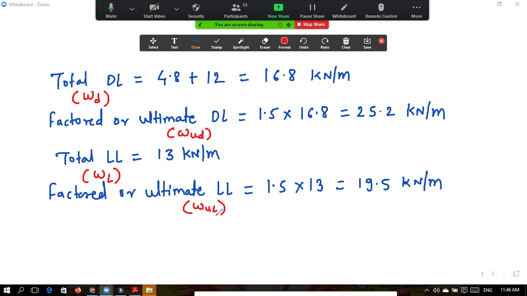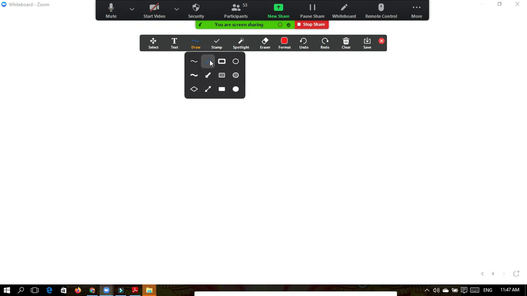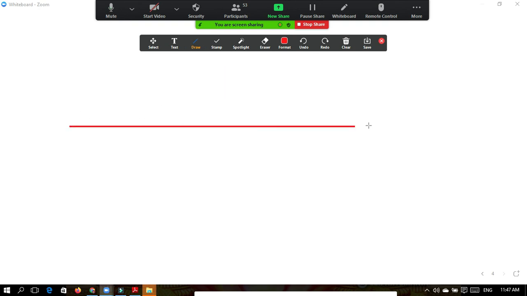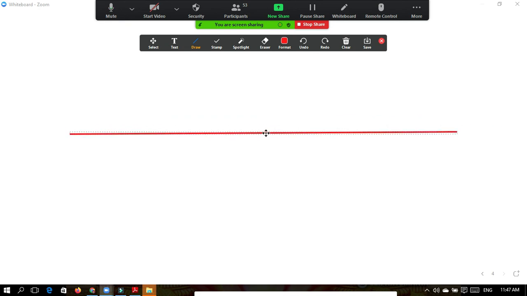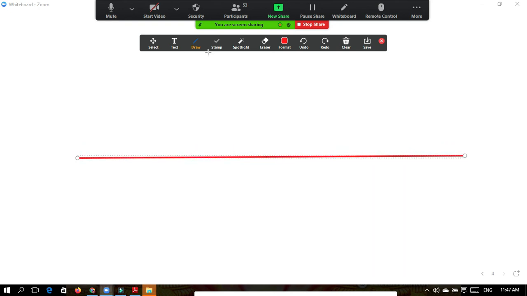From those tables we will get the bending moment coefficient, and we will multiply those coefficients by WL square. So we will get the bending moment. Now if I show you the diagram for this beam, if we draw the tentative bending moment diagram, if we show this diagram,